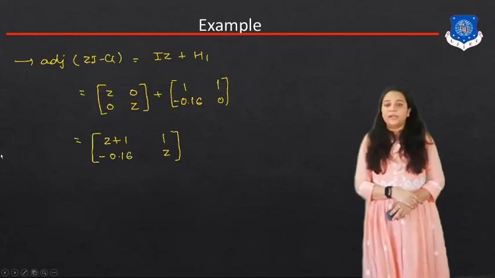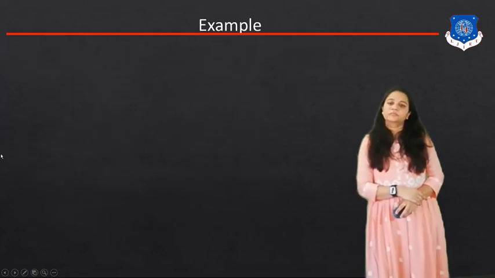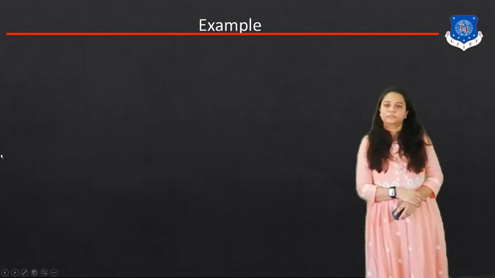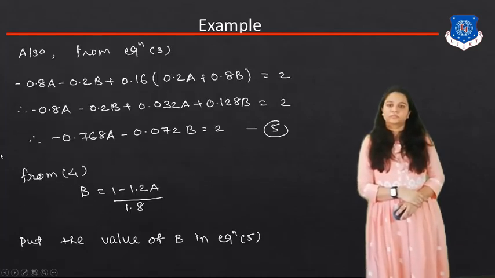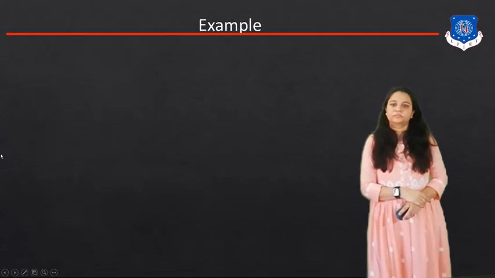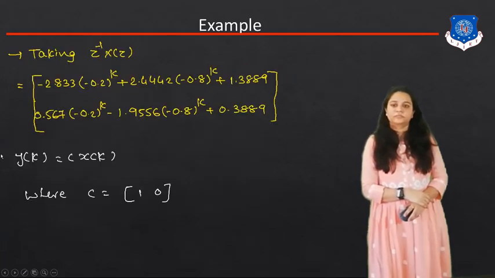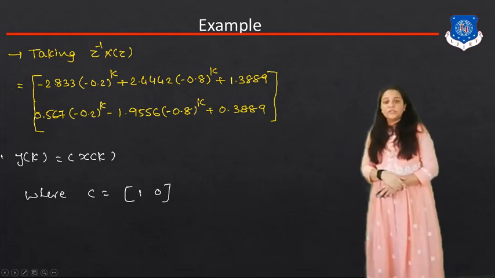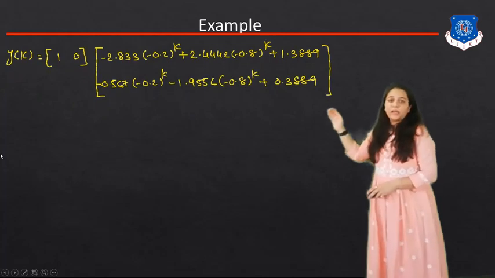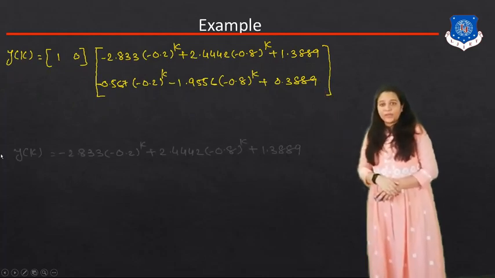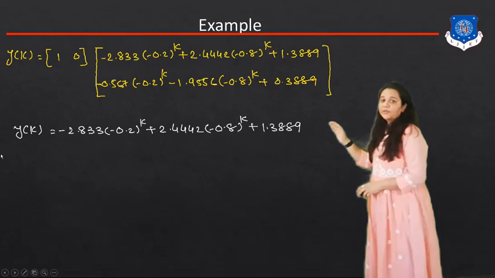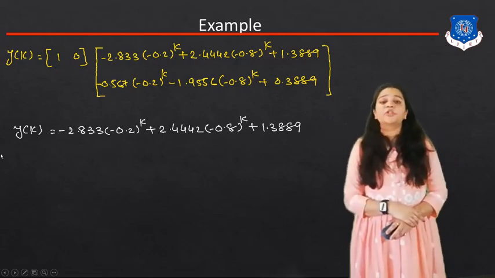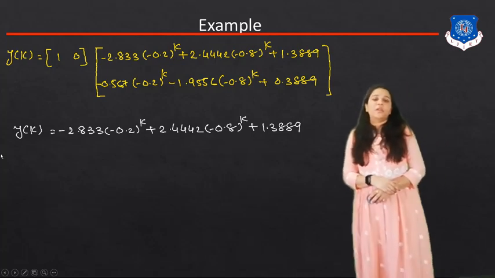So we can get, okay, so this is my x of k and C is equal to [1 0]. So put the value of C and x of k in the equation of y of k. So we can get y of k is equal to minus 2.833 minus 0.2 raised to k, plus 2.442 minus 0.8 raised to k, plus